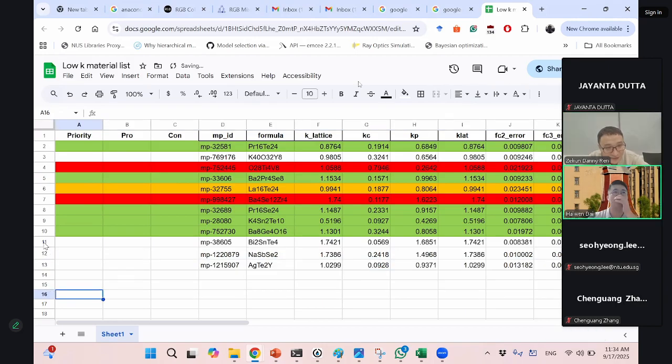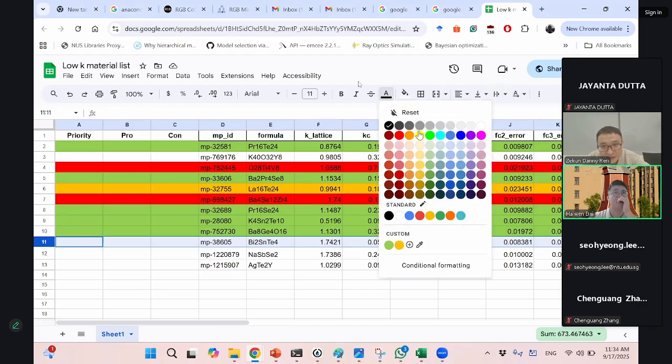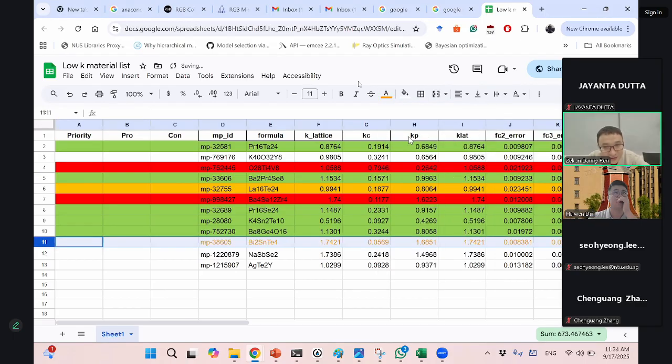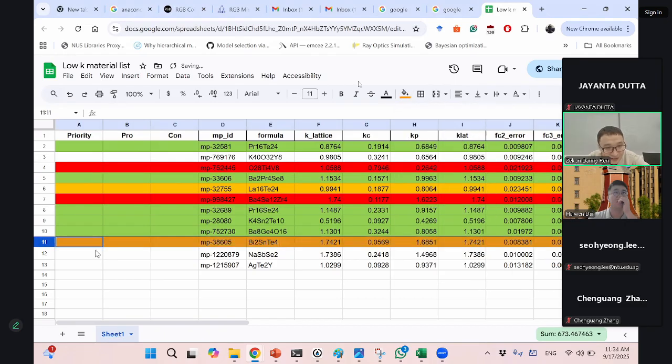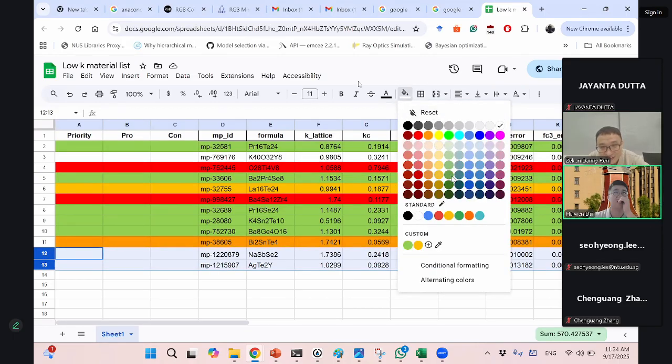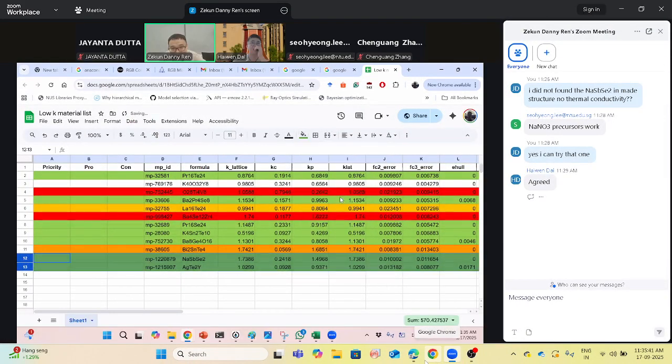These two rows you can highlight in green, I think, because they should have been made. The final two rows should have been made. They just lack a thermal conductivity measurement. It's a different orange, but it doesn't matter. Any sort of green will do. Okay, let me try it. Yeah, it looks nice.